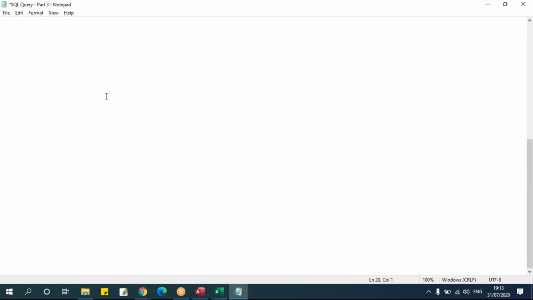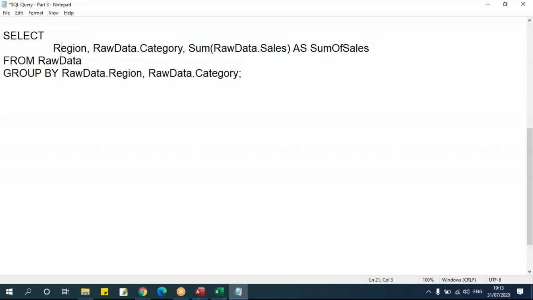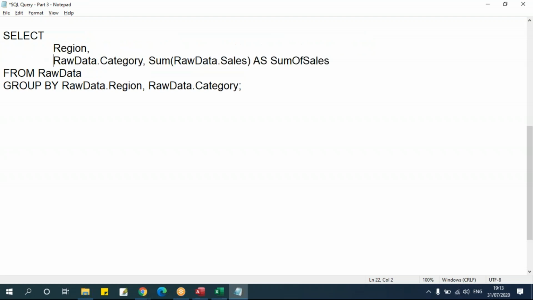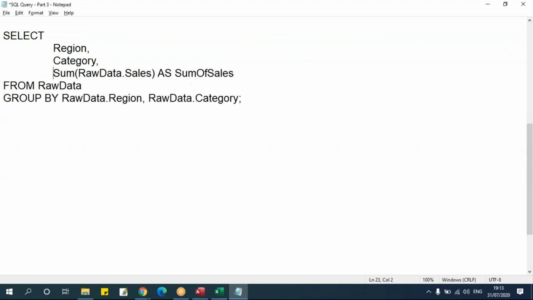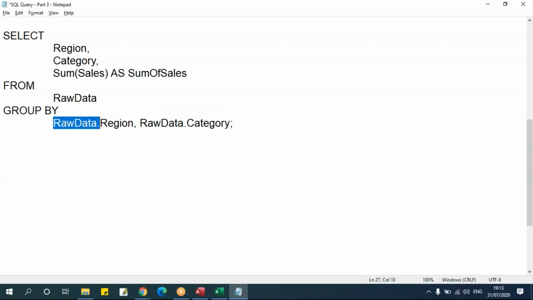I'm just pasting it here and then we'll separate it like this. Region, raw data, we'll remove, then category, then we have this sum of sales. Then next we have this raw data, group by, region, and then category.